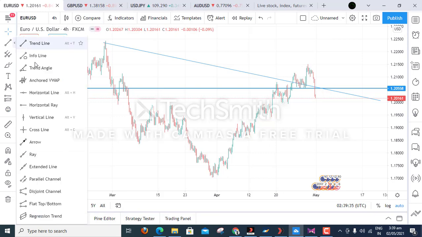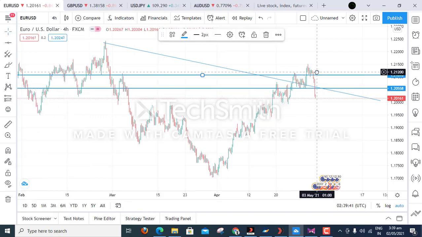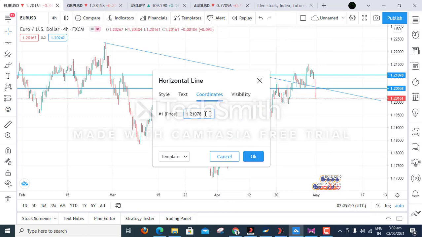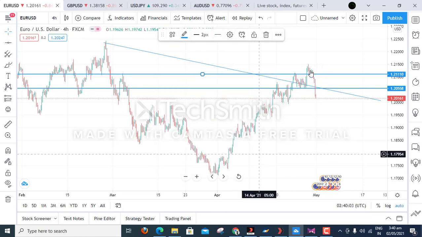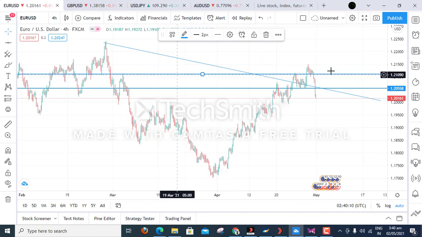Let me put a line on it. 1.211 horizontal line. Let me edit it. So you can see it. This is our stop loss, and you can see it is more or less the next resistance level. You can see it here, here, and here. Price got here and came down. Likewise the same thing. Our TP,